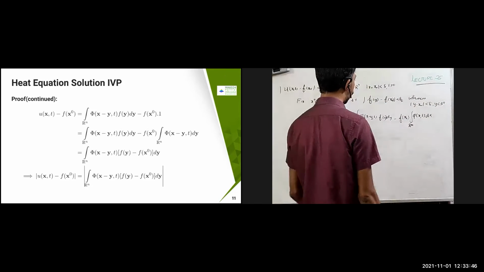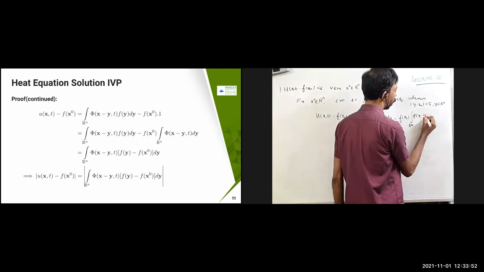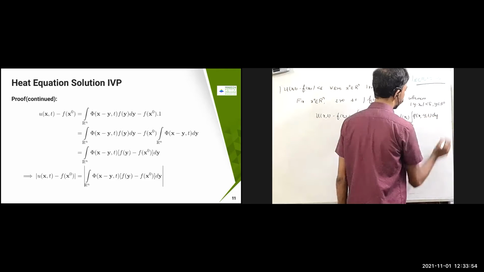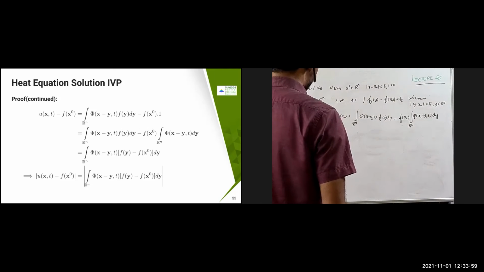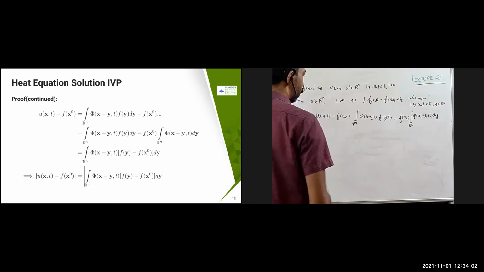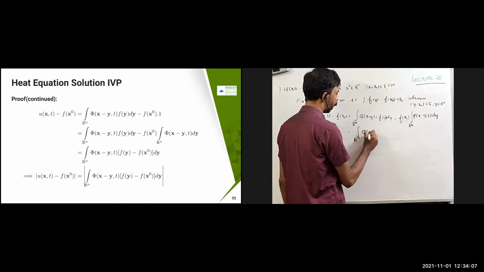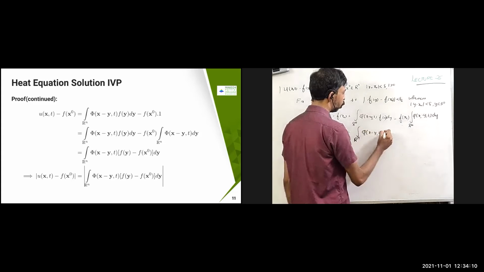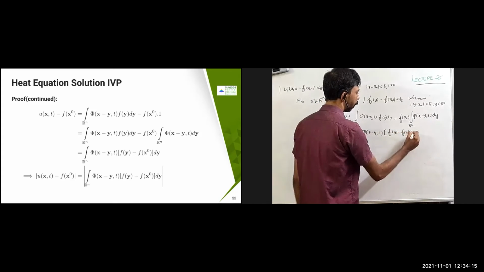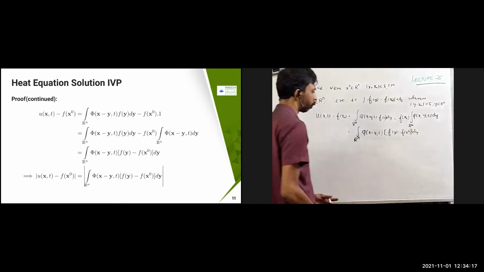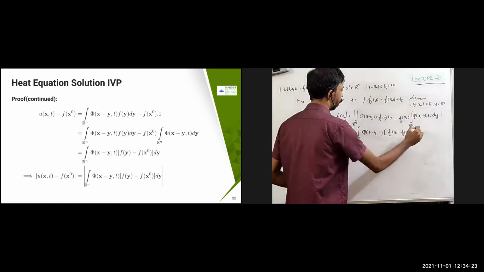So here, instead of that, I'm just going to put it in this way: pi of x minus y comma t into dy. I'm going to keep it, f of x naught comma 1. So therefore, I can take pi of x minus y comma t common in both places. So this is going to become the integral over R power n of pi of x minus y comma t into f of y minus f of x naught into dy. Therefore, if I take a modulus here, there is a modulus going to come.